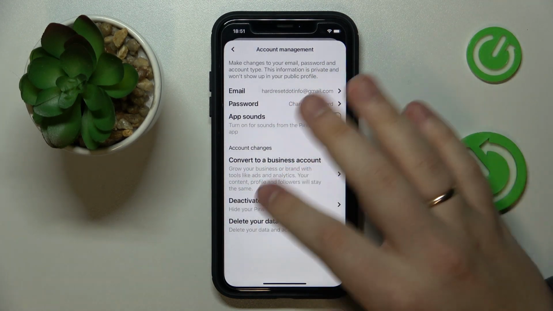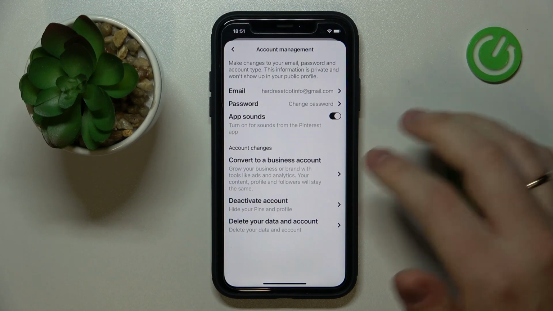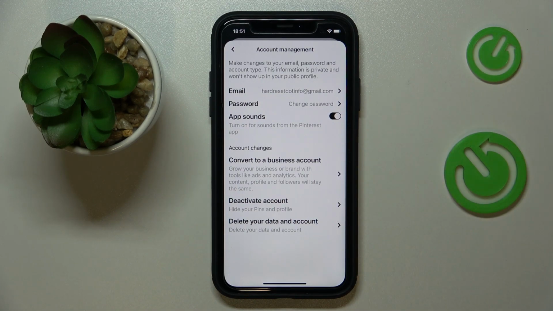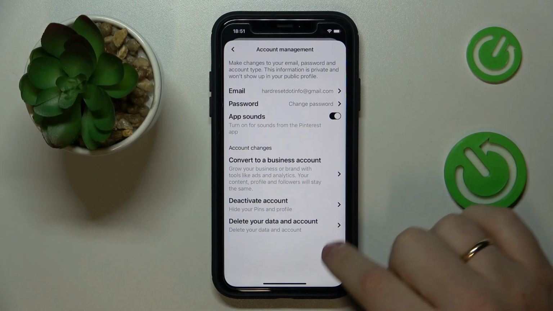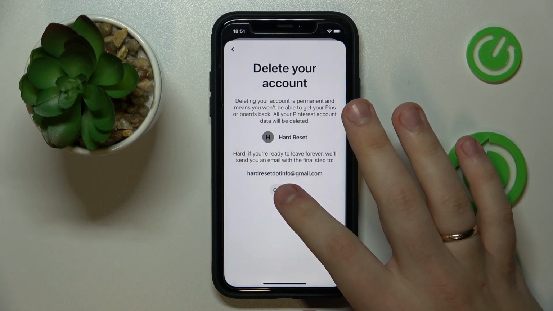One is being the account deactivation that will allow you to temporarily disable your Pinterest account and then recover it or reinstall it on demand. Or you can just entirely erase all your account data and the account itself by going for the delete your data and account option. Then tap at the continue,